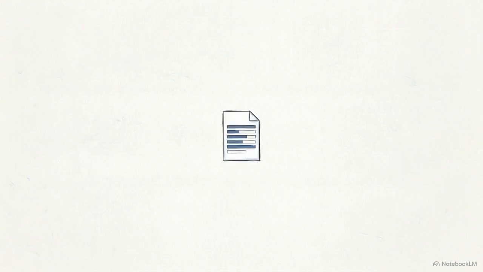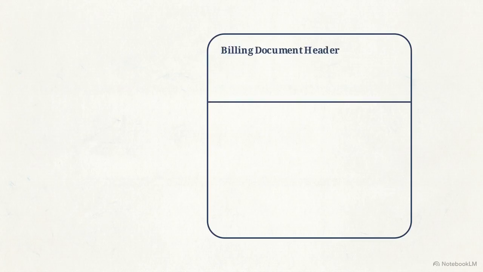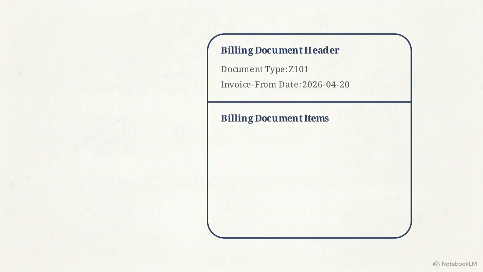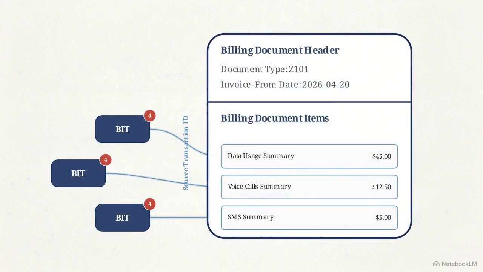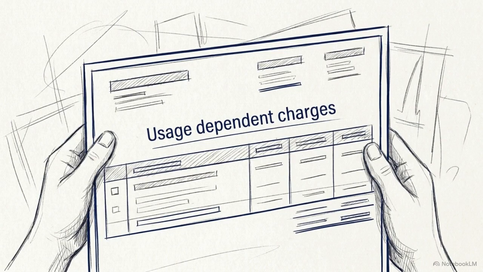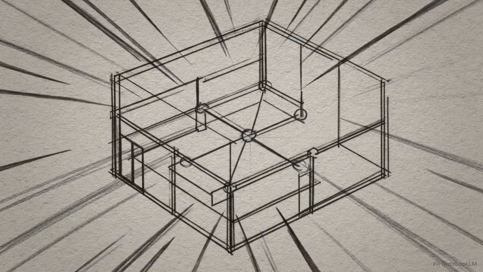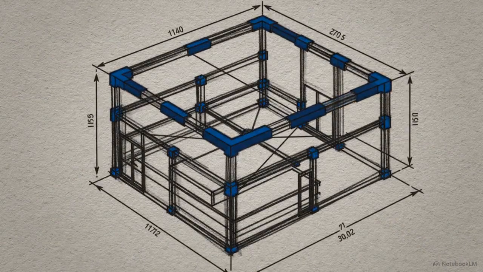To understand the next stage, we must analyze the structure of the resulting billing document. The document is split into two parts, starting with the billing document header. The header stores administrative data, including the document type and the critical invoice from date. Below that, we find the billing document items. These line items store the aggregated amounts and quantities while maintaining direct references back to the original source bits. The assigned billing item type controls the downstream business meaning, ensuring the aggregated data prints as usage-dependent charges on the customer's invoice. The billing document serves as a highly structured instruction set, dictating exactly how the final invoicing process must